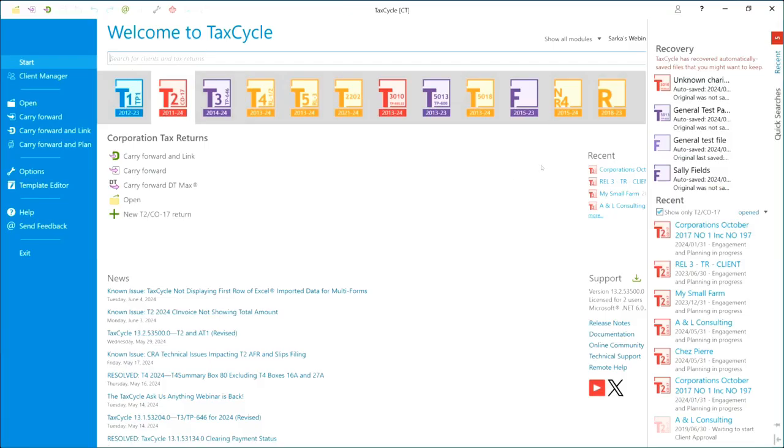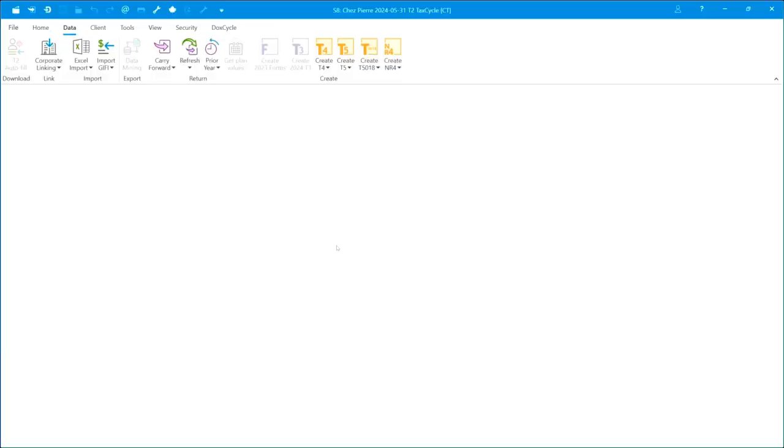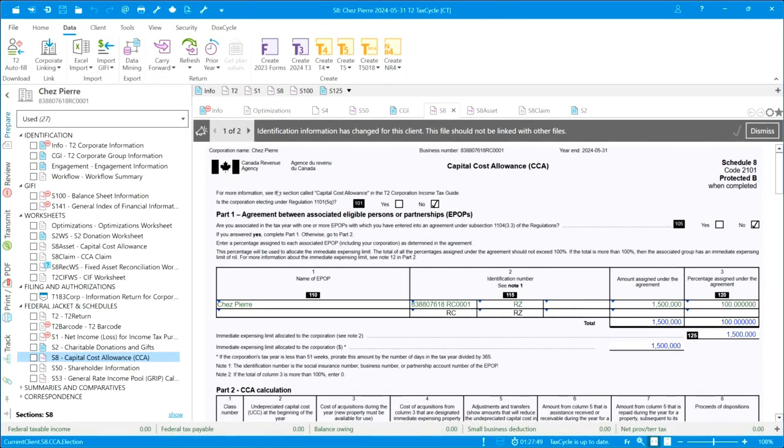And I'm going to open up this file. And to do a GIFI import, you can do it directly from a Sage file. You can do it from any kind of standardized GIFI format file that your working papers might be able to export for you. And we also have